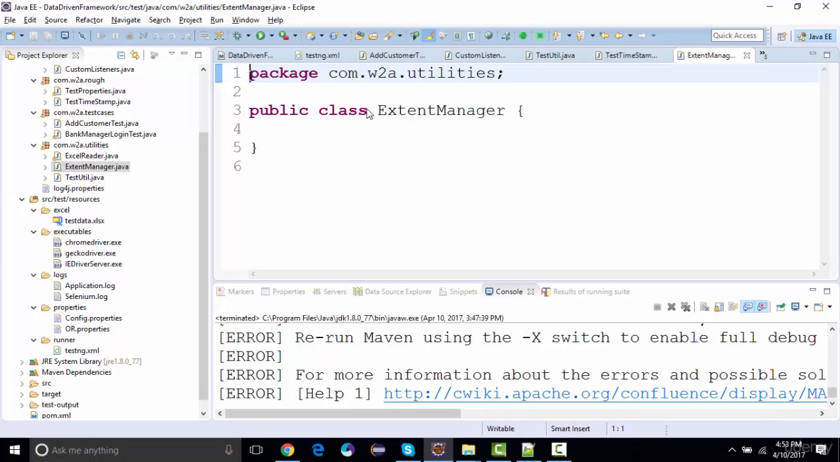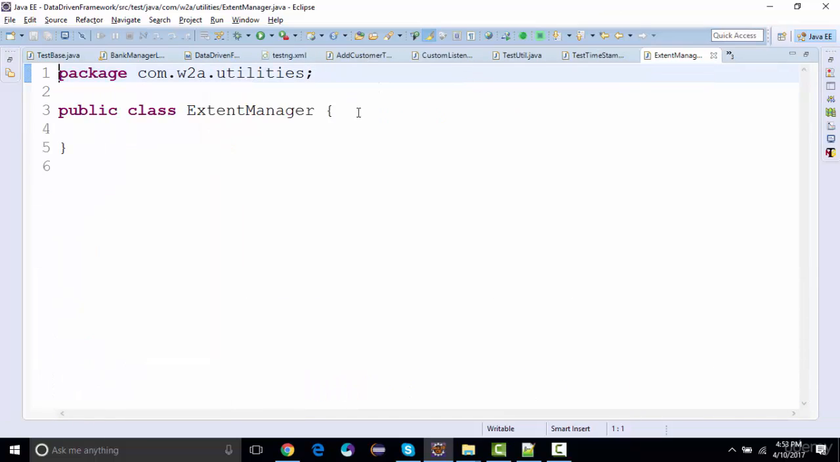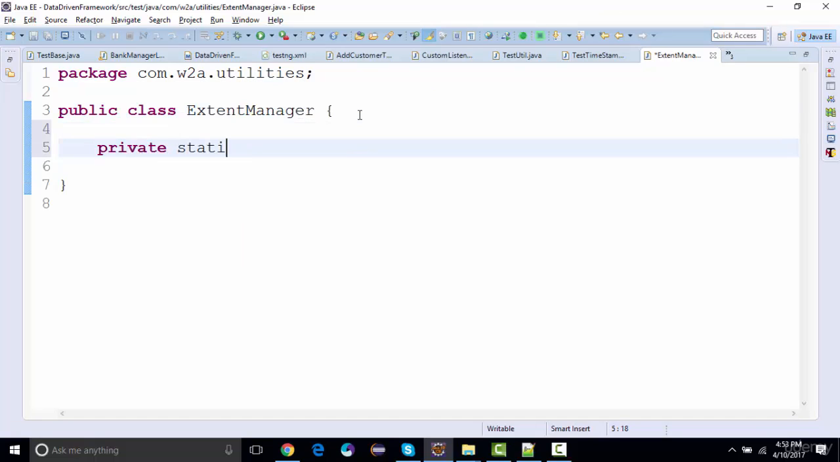Now, in this ExtentManager class, I'll be initiating my report. I'll be getting the instance of this Extent Reports. Basically, I'm gonna create a private static ExtentReports. So this is one of the classes in Extent Report. I'll name it as extent, right? So I'll import this